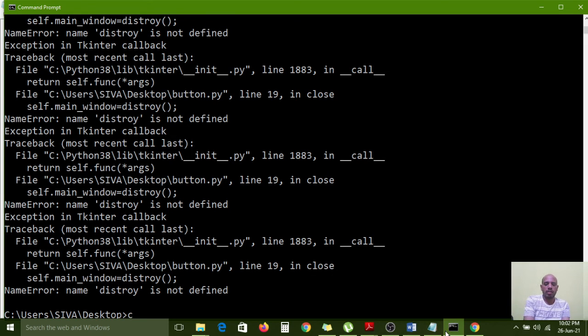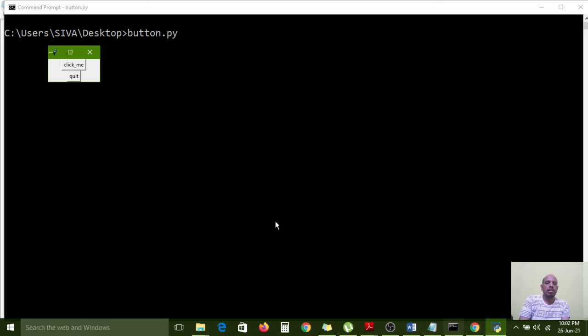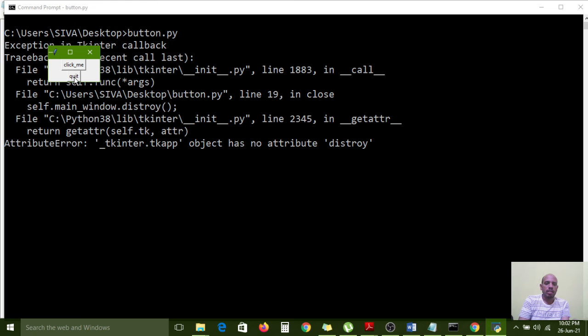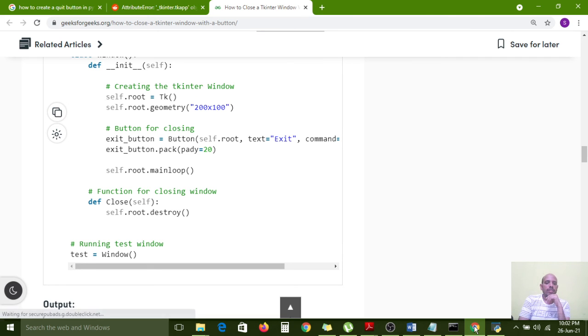The program is executed. CLS in button.py, the class name. Carefully observe. Now I am clicking on the quit button. It says object has no attribute destroy. Again it is showing the same error. self.root.destroy.